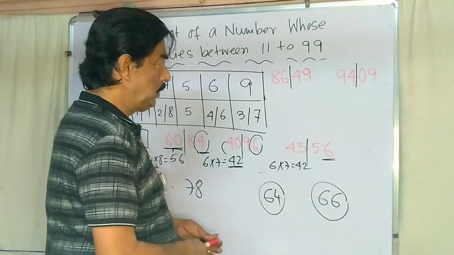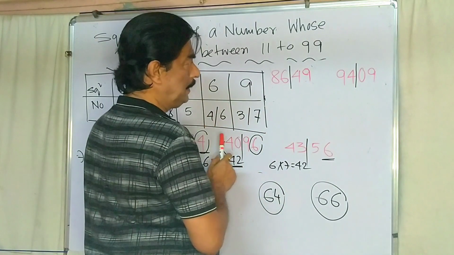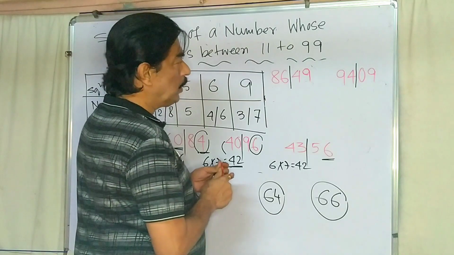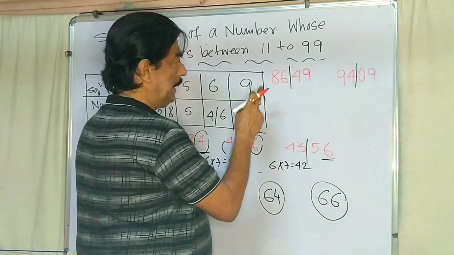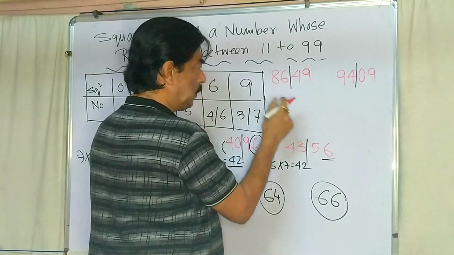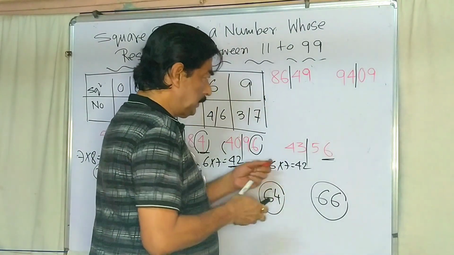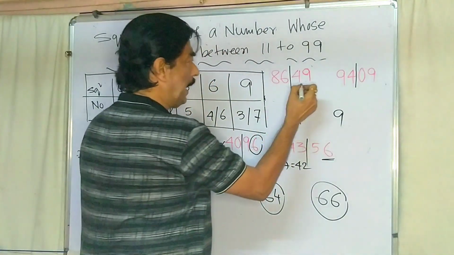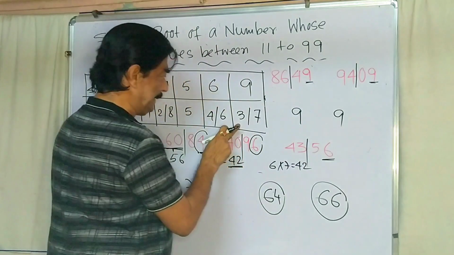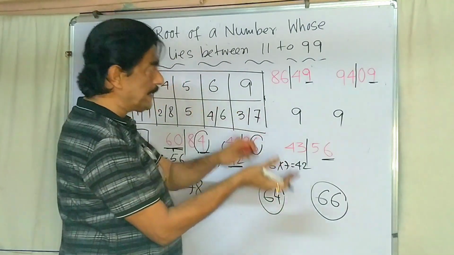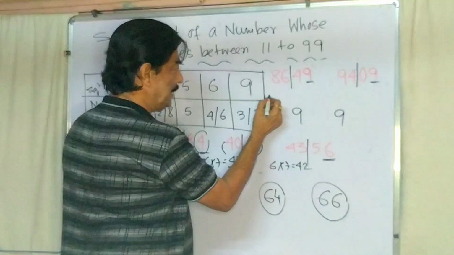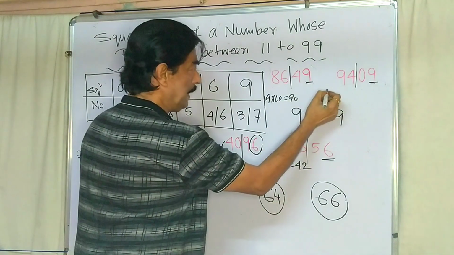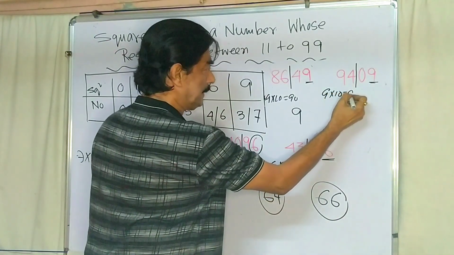Now third case. We already divided into 2 parts, leaving 2 places from the right side. This is our first step. For the second step, we have to consider the number whose square is nearest to 86 but below 86. So the result is 9. In this case also 9. Now under 9, there are 2 numbers, 3 and 7. You have to consider which one will be the right side. Confirm. So 9, same rule. Multiply by the next higher number, 10. Your result is 90.